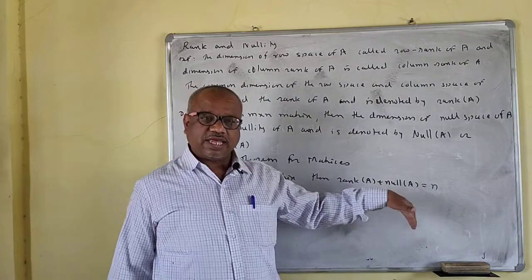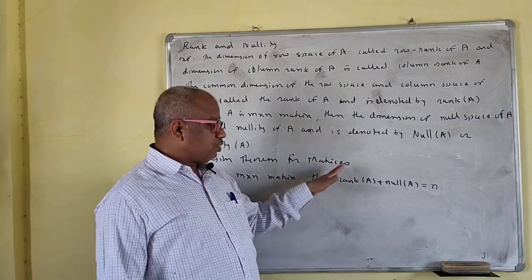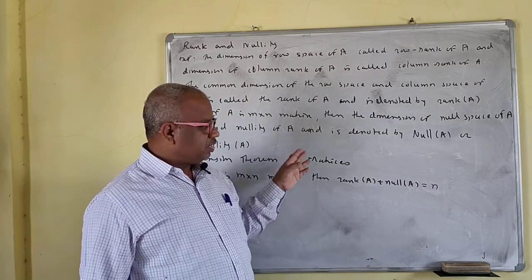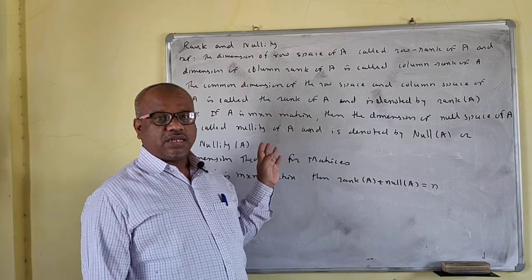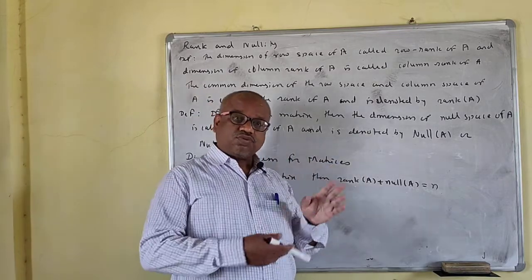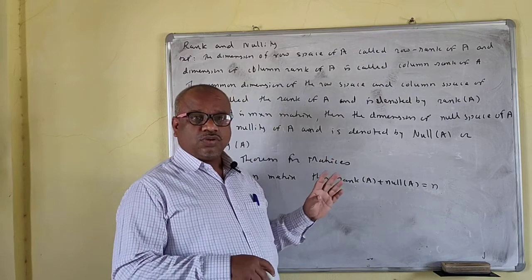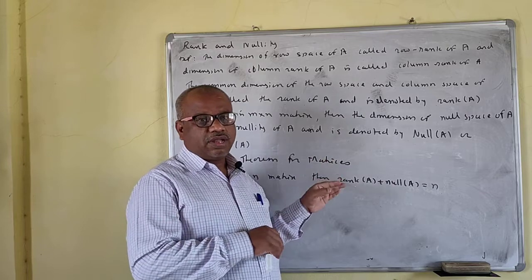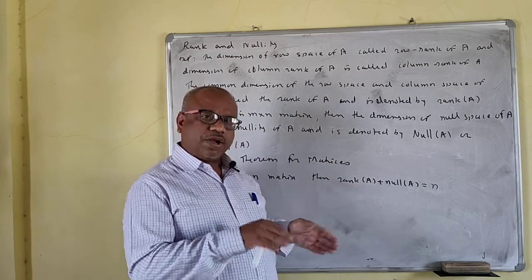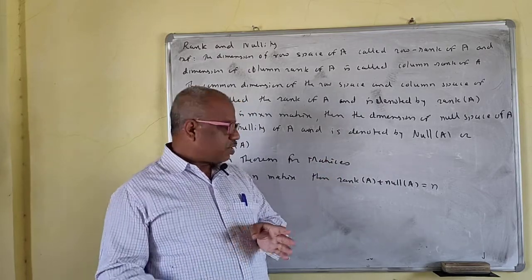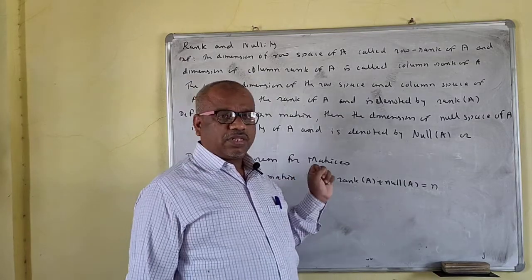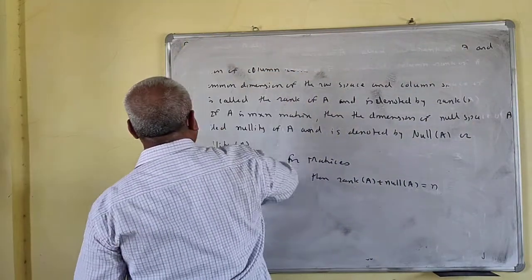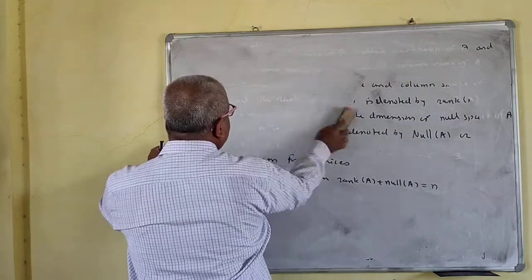If you don't have this theorem, then what do you have to do? Suppose this theorem is not there, then we have to find the rank of the matrix by converting the matrix into row echelon form. After that we have to solve the system Ax equal to 0. We have to write the reduced system, find the number of free variables, and so on, so you have to find x1, x2, x3 and so on. We'll do one problem on it so that you will understand how to find the rank and nullity of the matrix, and how to verify this theorem also.